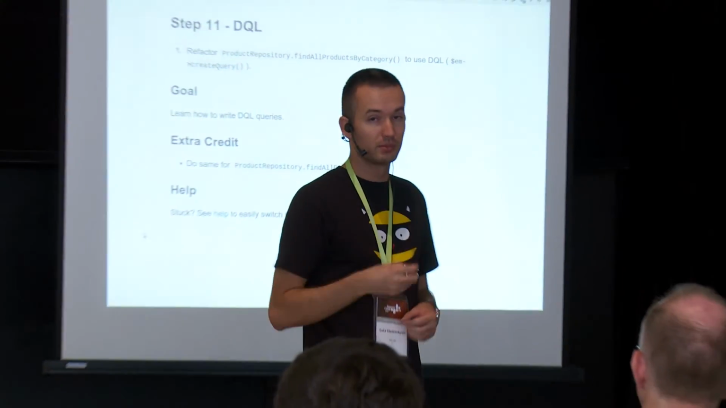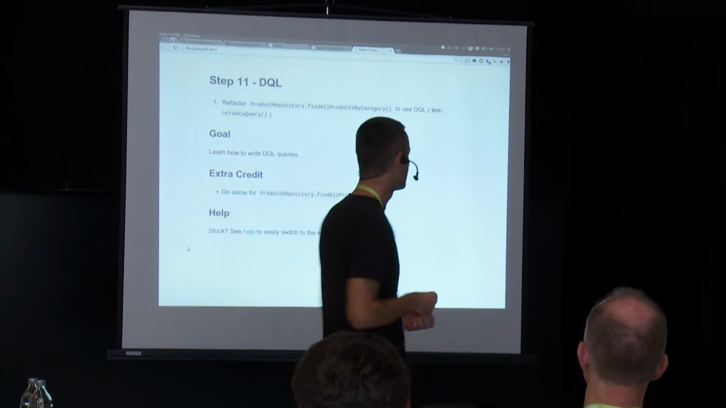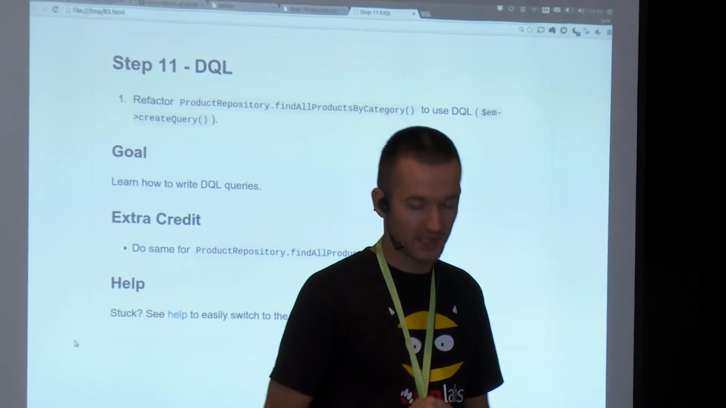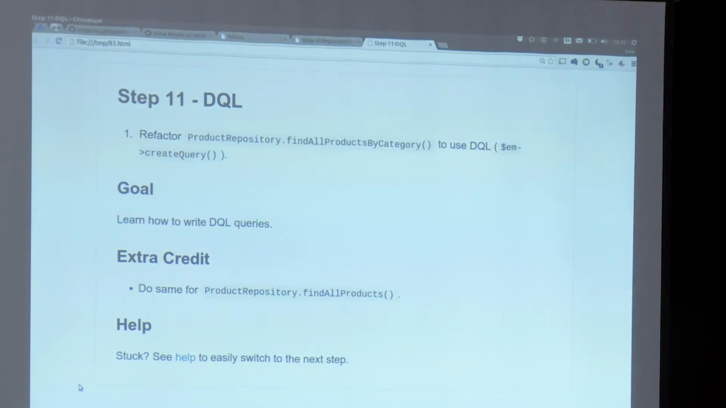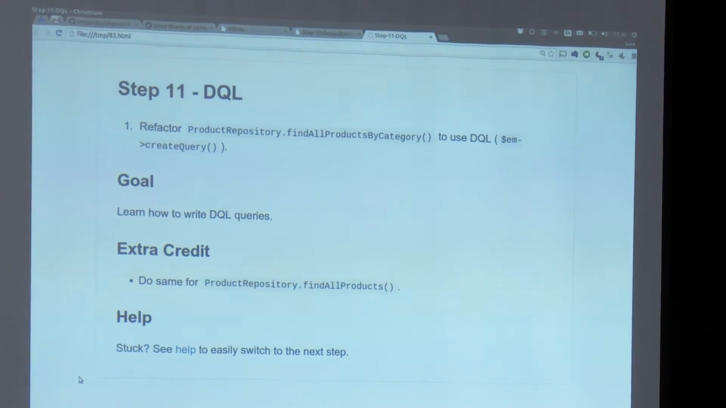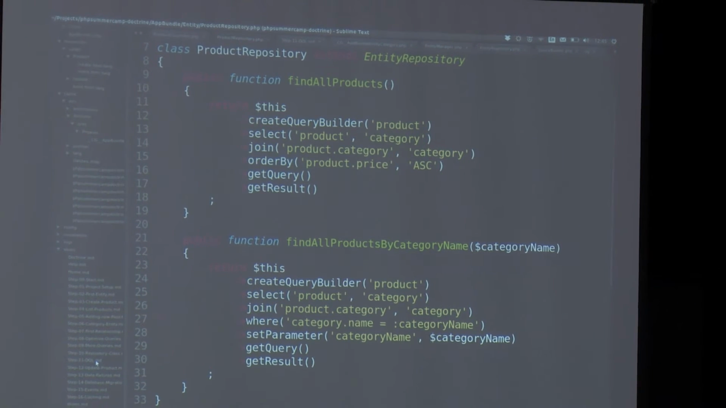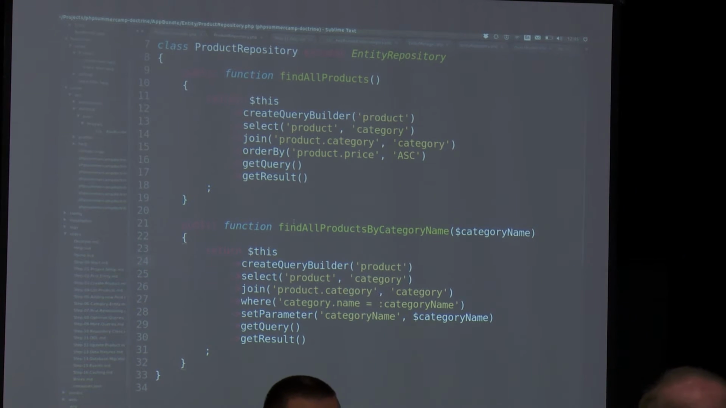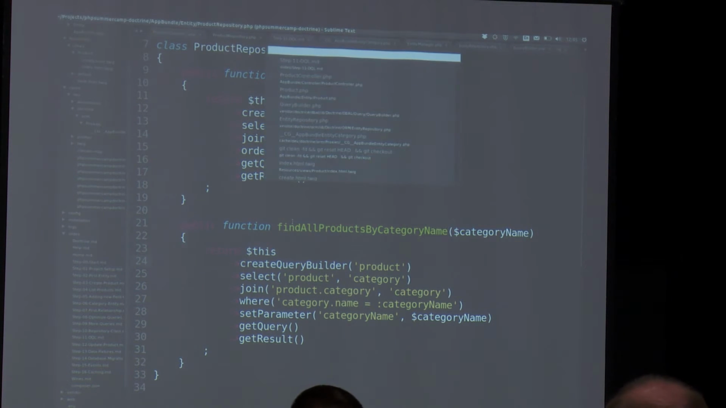And in order to learn and write a single DQL query for demo purpose, we will go to this find all products by category you moved to your repository and refactor it to use the DQL. And I hope I will not make too many mistakes because, to be honest, when I need to write DQL queries, I always look up the documentation. And so inside the entity repository,